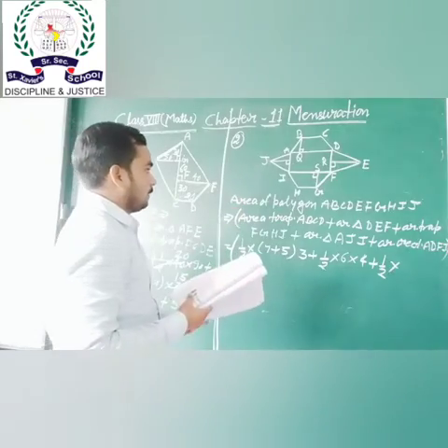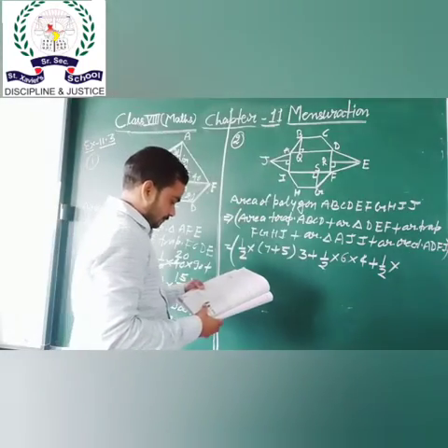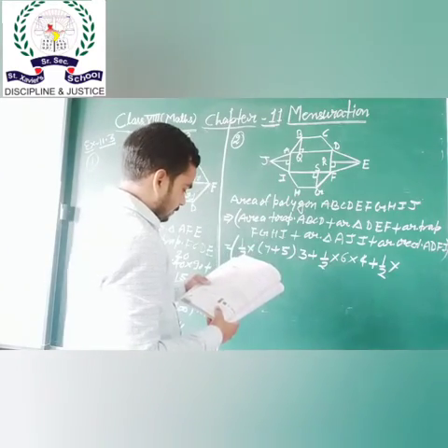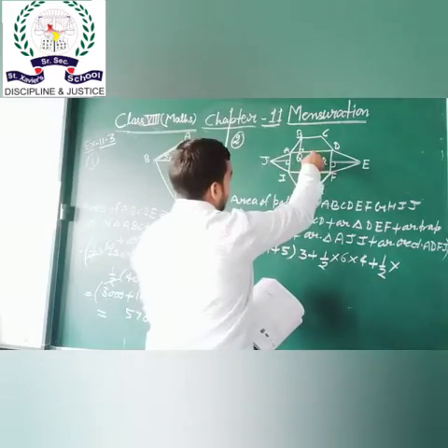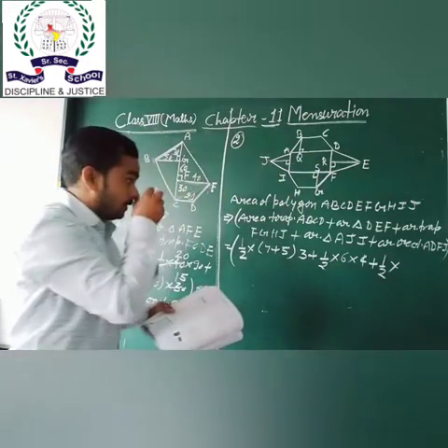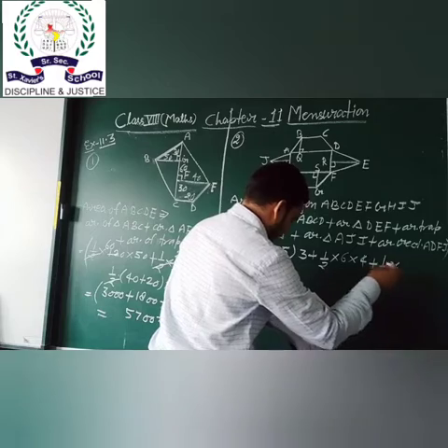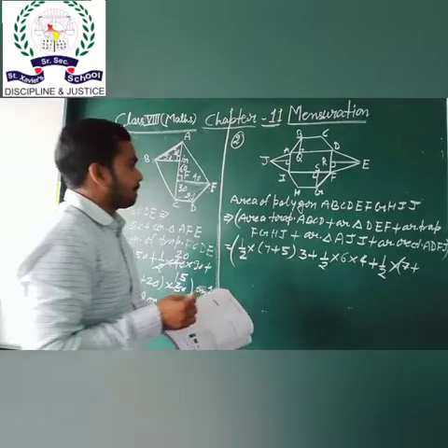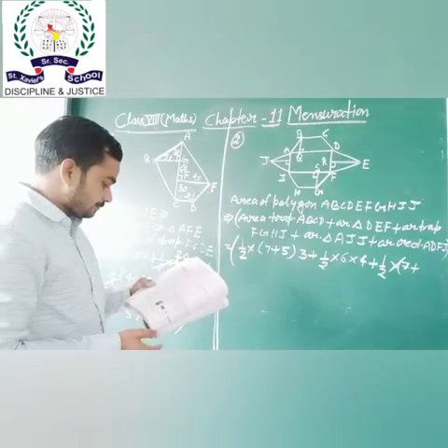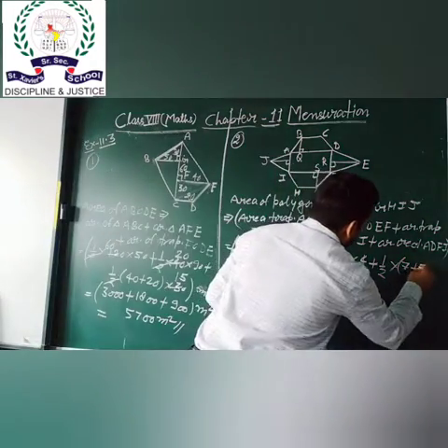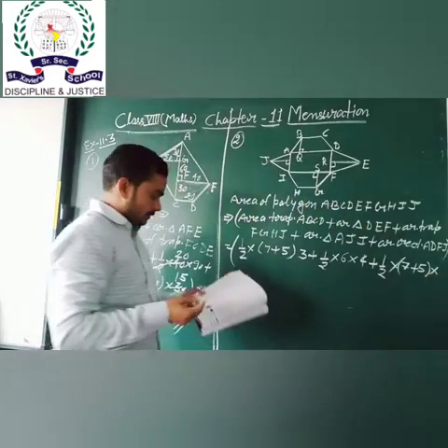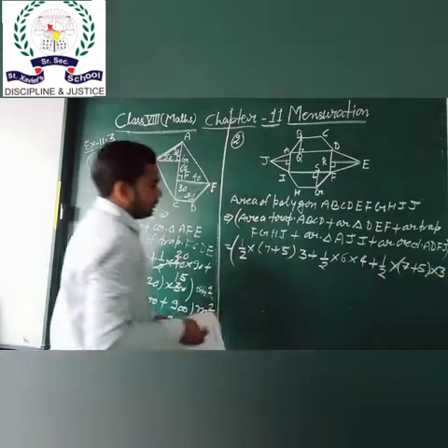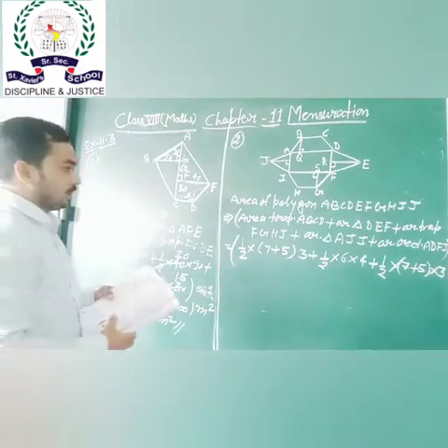So parallel sides are FI and HG. FI is also equal to 7 because AD equals FI, opposite sides of the rectangle. So FI equals 7 plus HG equals 5 into distance between them GS equals 3, into 3. So this is the area of trapezium FGHI plus